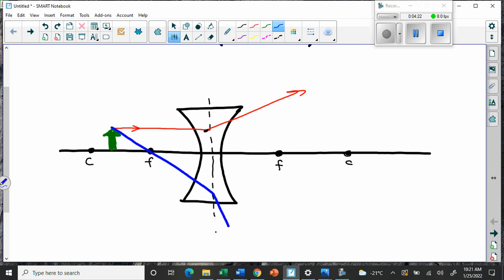So instead, what I can do is imagine what would happen if I went on a line through the other focus. So again, my ruler is going to line up along here on a line going through the focus on the other side. And so then I know that if I draw that, I'm going to erase my ruler line now. If I follow that path with my blue light ray,